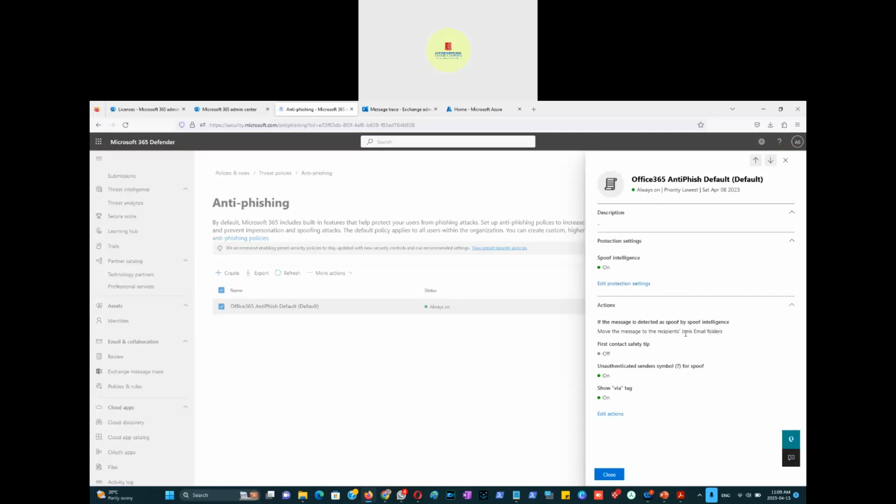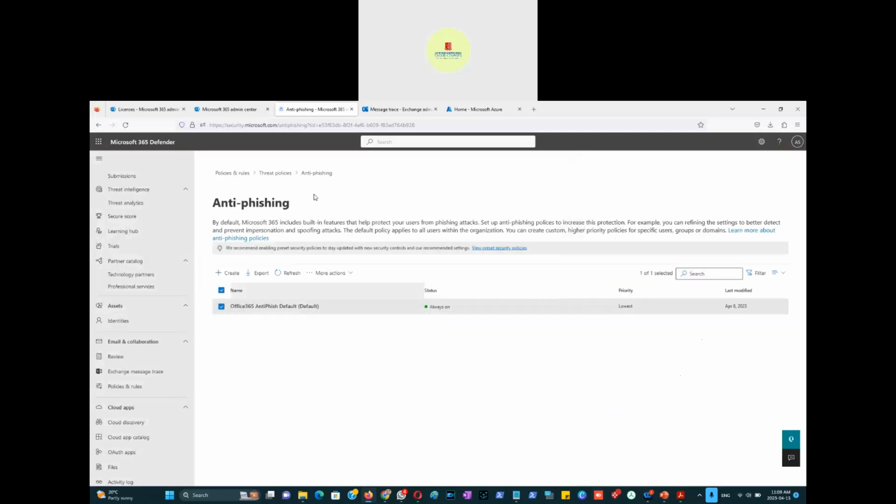If the message is detected as spoof by spoof intelligence, the message goes to the recipient's junk email folder. So if it looks like a spoof message, or somebody's pretending to be someone else, it will put it in junk mail and show the unauthenticated sender symbol, a question mark for spoof, or the via tag. If they're saying somebody's sending email via some domain, once there's a question mark there, then also put those emails in junk mail. So that's just a sample of